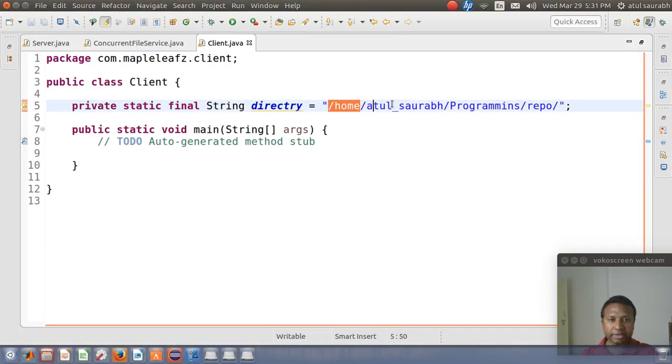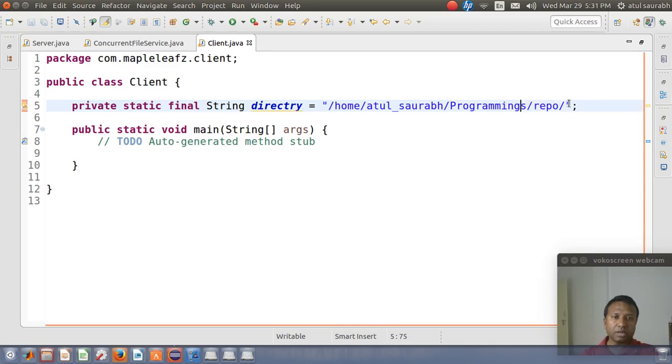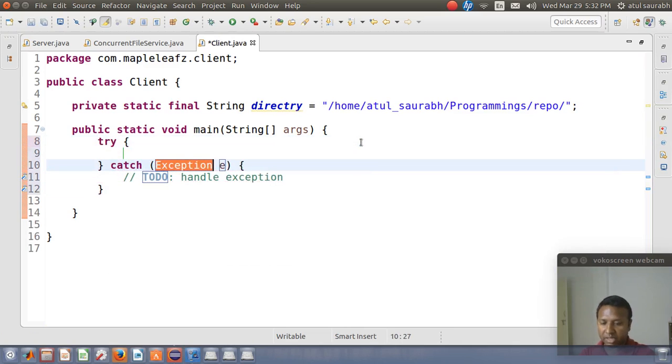So this is the directory; the client will store all the files in this directory. Since we are working on the client, we need to deal with the IO exception.